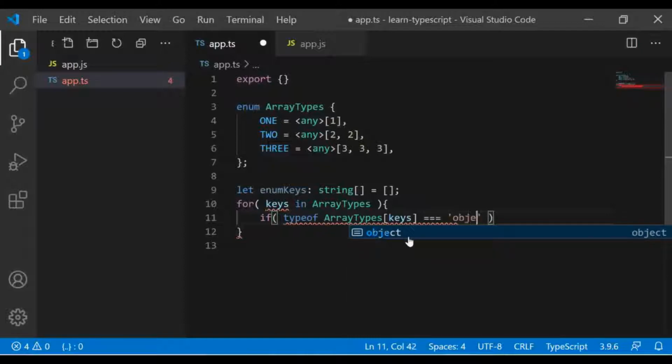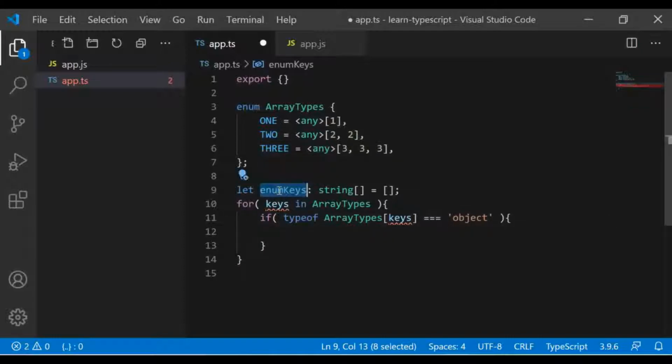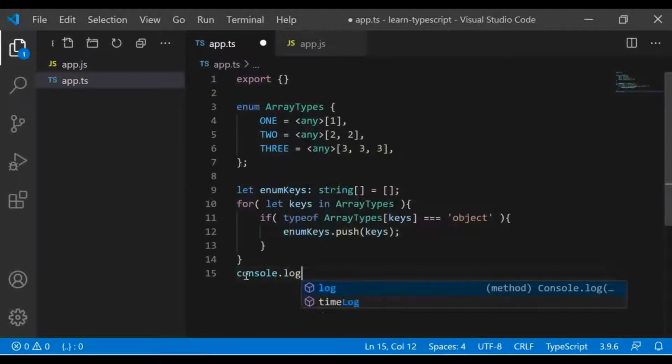So type of is equal to object. So I think we can store the keys to this array here, so this dot push. I'm not doing any duplicate check here, but in a real life example you need to do that. I need to add a let here.